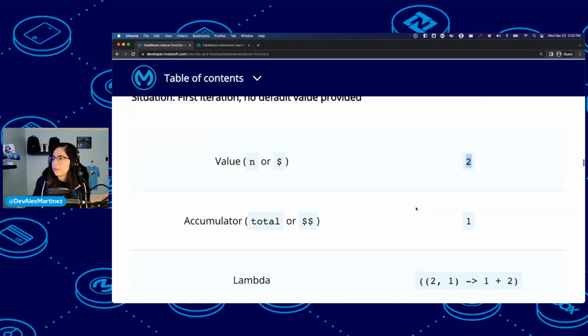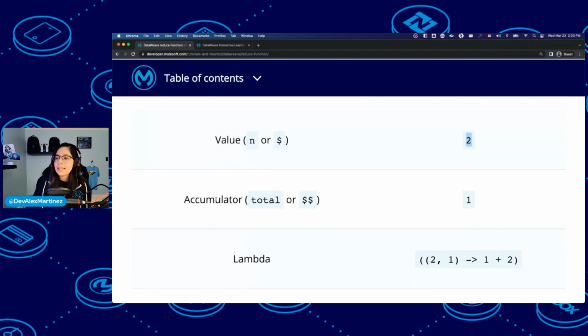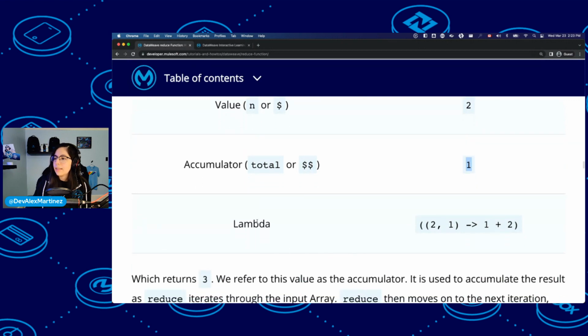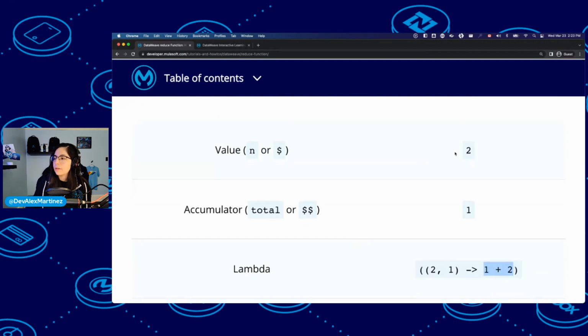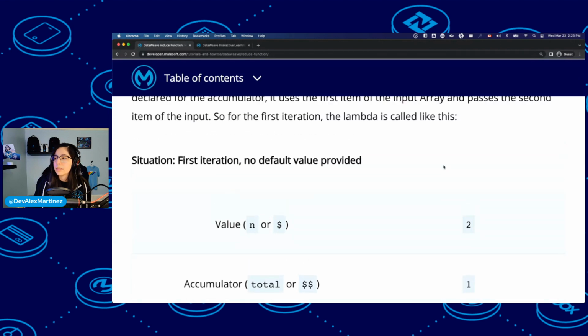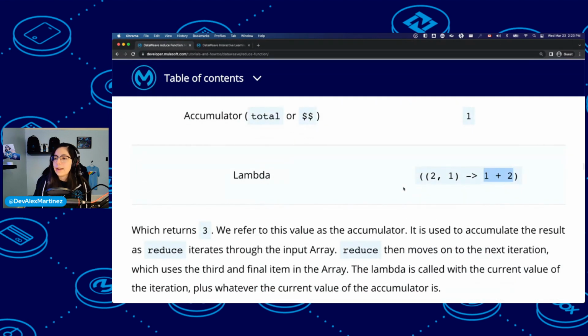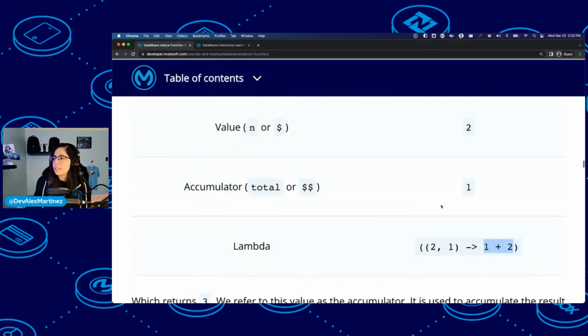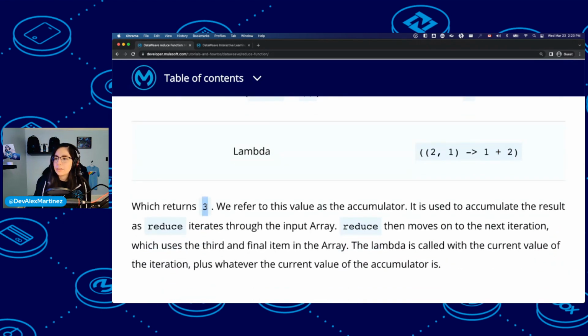Oh, we're just using another example. Okay. So let's say that this is 2, for example. And then the accumulator, so total or double $ sign is 1, for example. Then the lambda would be 2, 1. So this would be 1 plus 2. Oh, this is just the number of the accumulator. Well, either way, that's what happens. And now this is the value. Okay. And it returns 3.